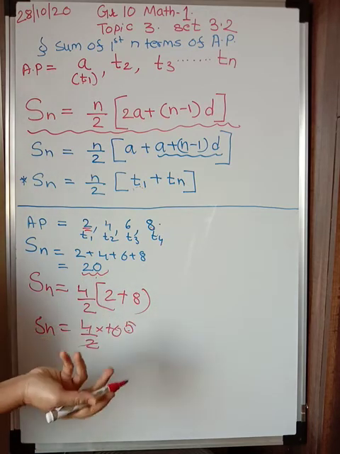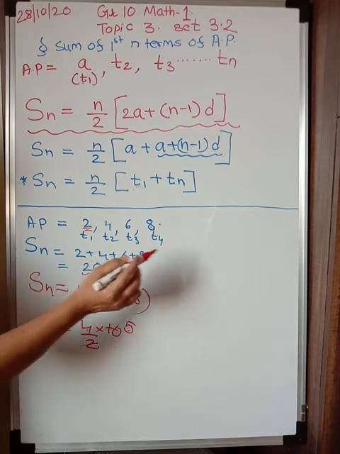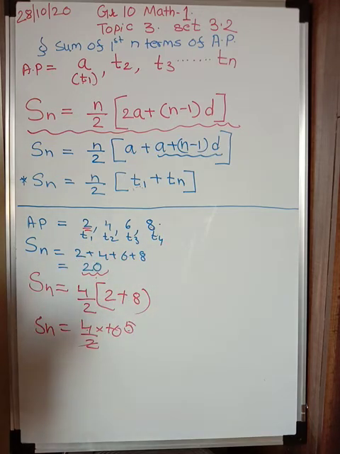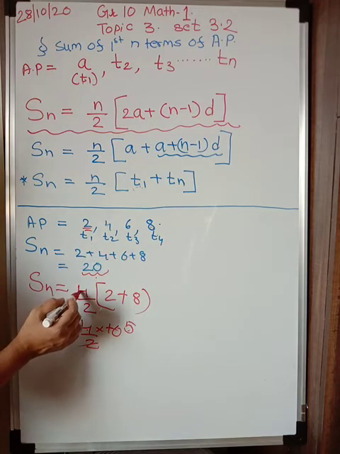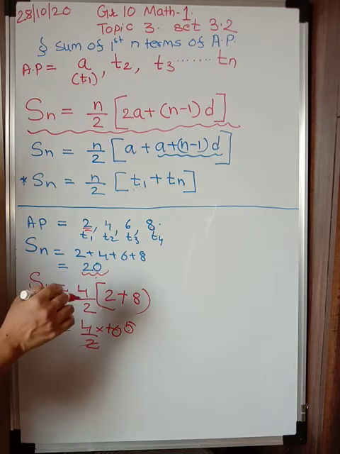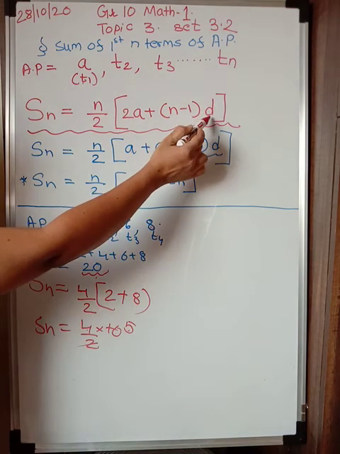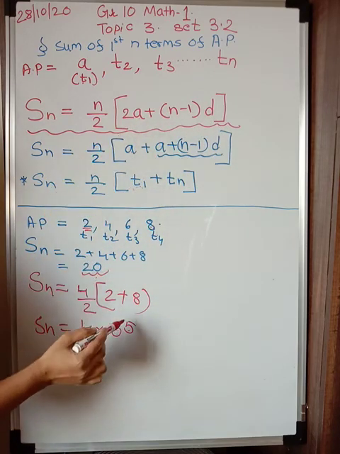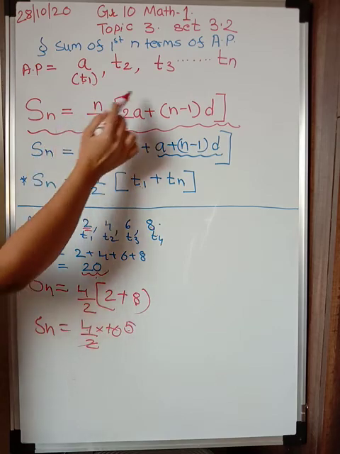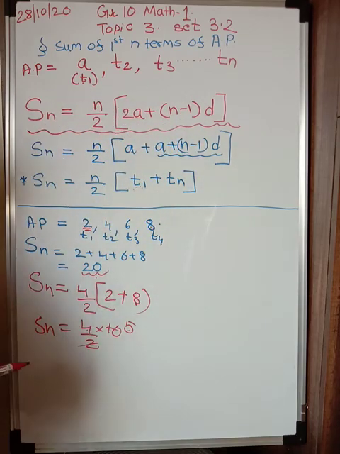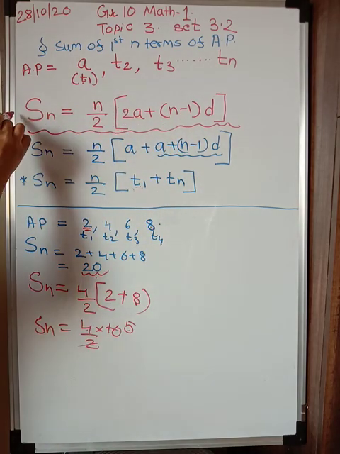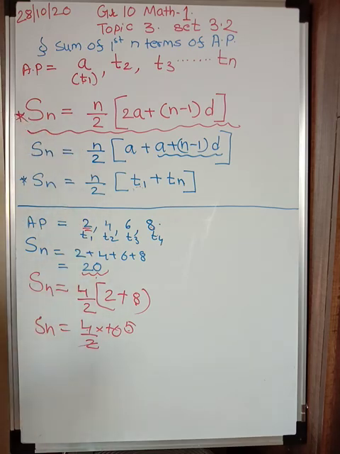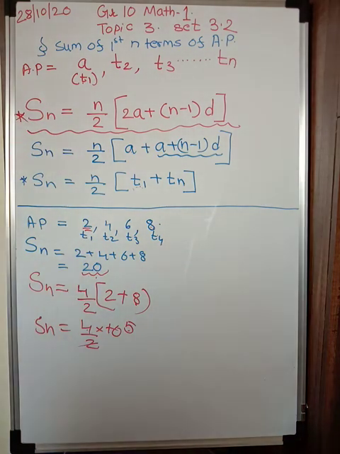So how many terms are there? It doesn't matter now. Only you should know the first term and last term and you can find the answer. Alright. And you should know what is the value of n. If all these details are not available and D has been given, then if you know n, D and A, and the last term is not known, then you can use this other formula. Is it clear? So remember, this is one formula and this is another formula. Based on this, we will do problems in our next video. Okay, so that's all for today, students. Thank you.